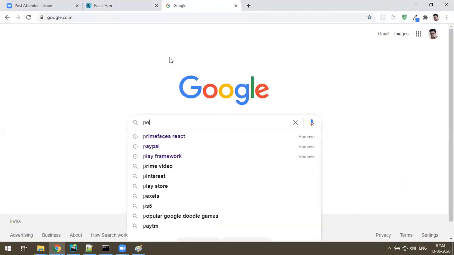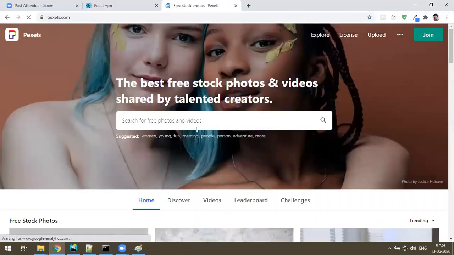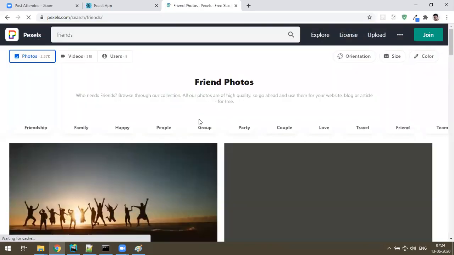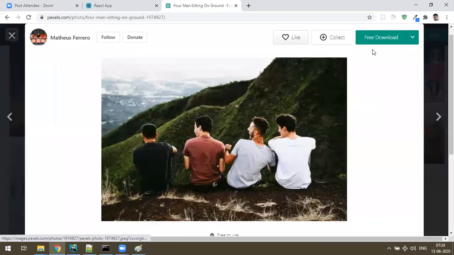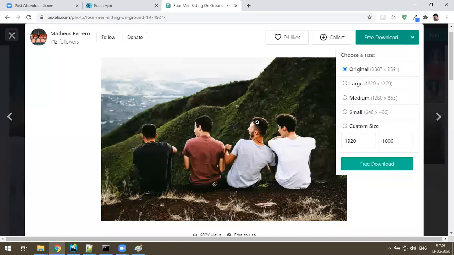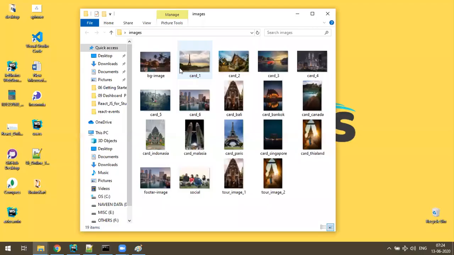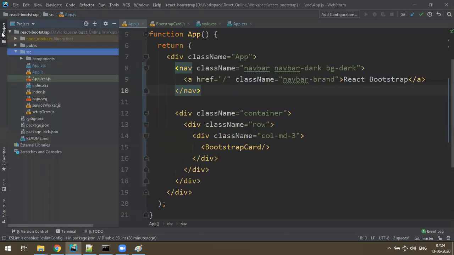That is pexels.com. Okay, so when I go to pexels.com, you could find some nice images. You can just search for whatever keyword you want to search, and you get some nice images, and you can select and download free of cost. Okay, and whichever size you want, you can just select and download a custom size. Okay, so that's how I downloaded, and I kept them in the images folder, and those are the images I needed. So what you do, you copy the images folder, go to your application, and sir, where to paste the images